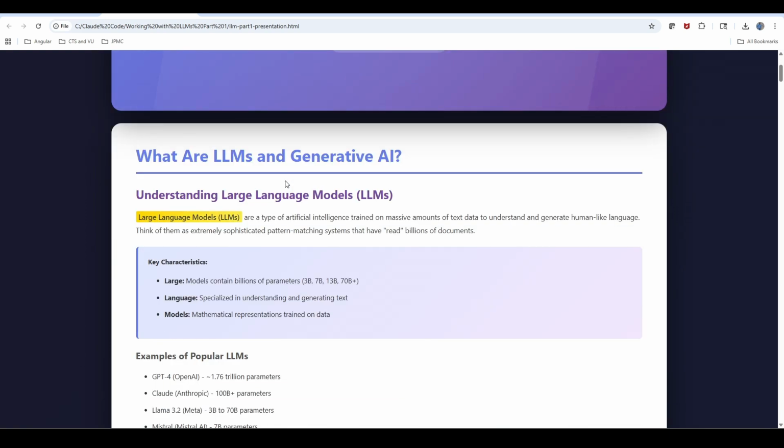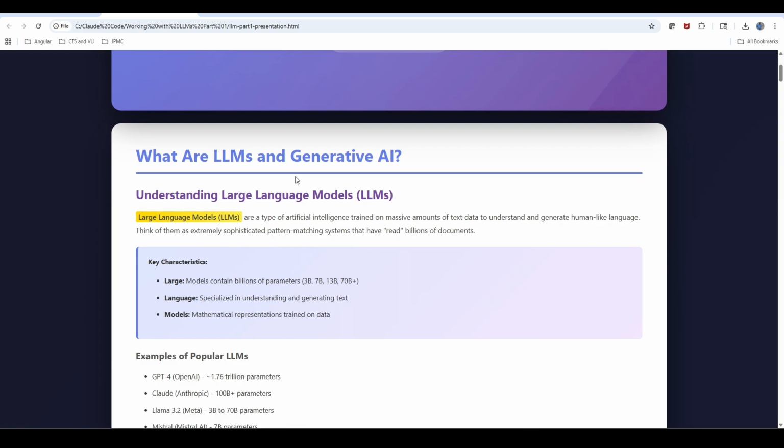Generative AI is a kind of AI model which is trained on lots of data. From the data it understands the patterns, and from the patterns it is able to generate new content.